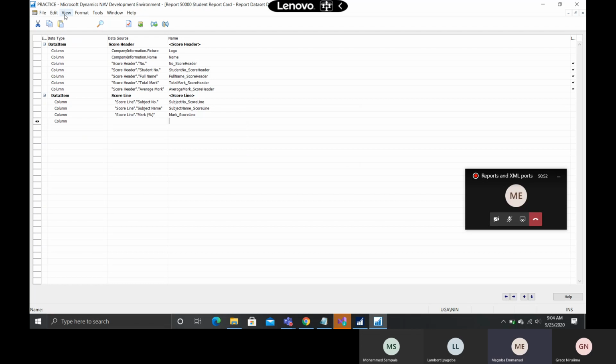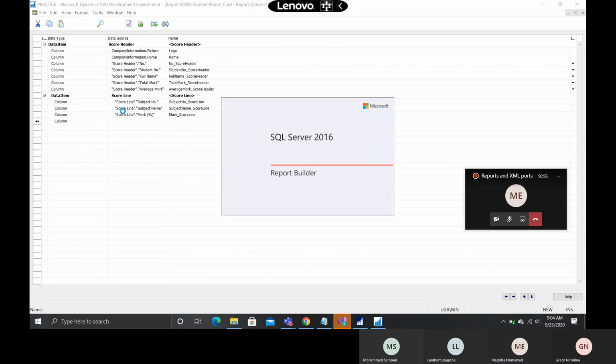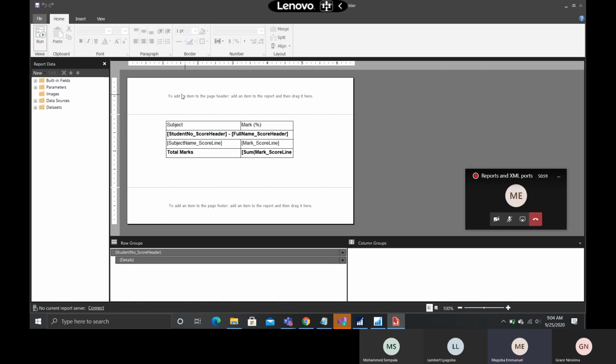Then go back to my layout. And now under my layout, I can simply right click here, insert, and insert a text box. Then in this text box, I need to have